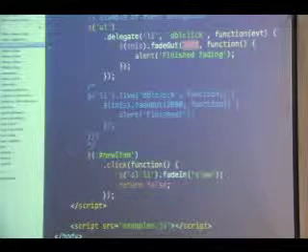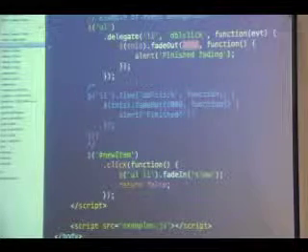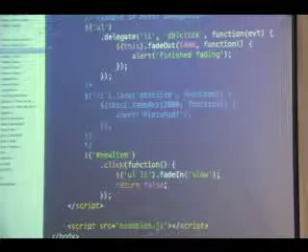So in this case, I'm going to do something terribly useful, such as alert finished fading. And I'm going to change this to 1,000 just to make it even more exciting. If I refresh my page, you can see that now it takes a second, and there's my alert at the end. Okay, that's a nice animation example. There are even more exciting ones, such as you can click these buttons, and it does stuff. Like I said, live demos are a thrill. Okay, I'll post the code and you can play around with that.